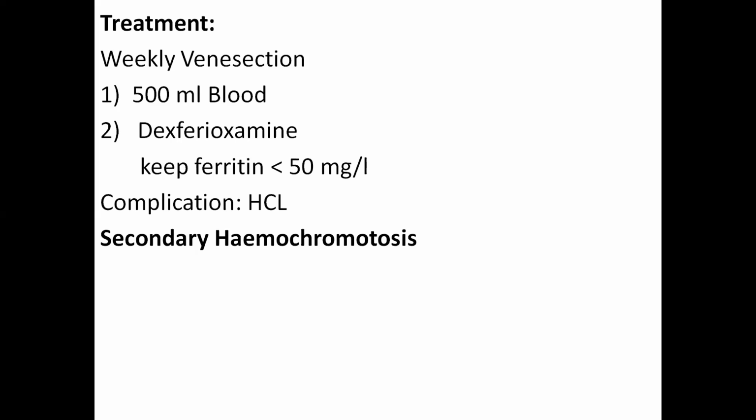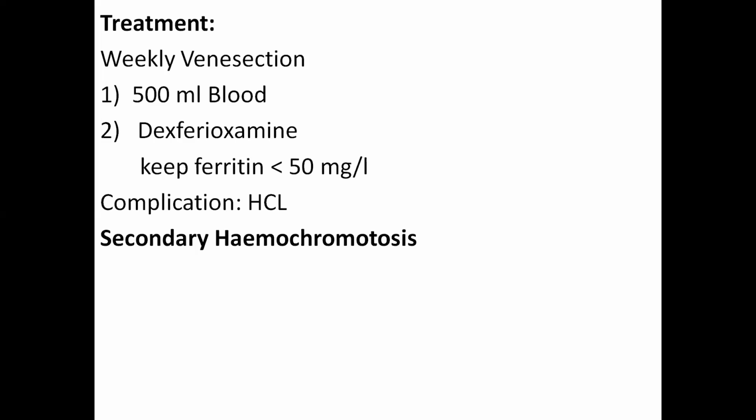In secondary hemochromatosis, there may be increased iron intake. Some persons take a large amount of iron in the diet, or there is rapid blood transfusion, or injectable iron preparation, or there is abnormality in blood forming, for example, thalassemia or sideroblastic anemia, in which blood is formed but that is ineffective. So there will be increased iron load in the body.